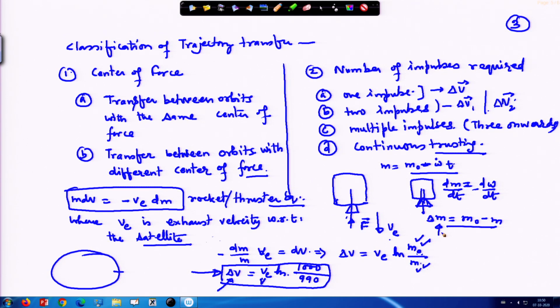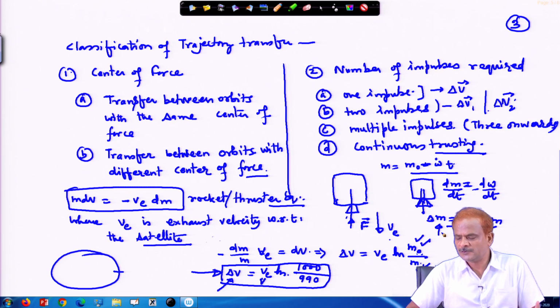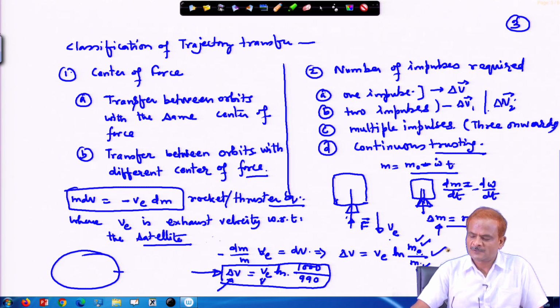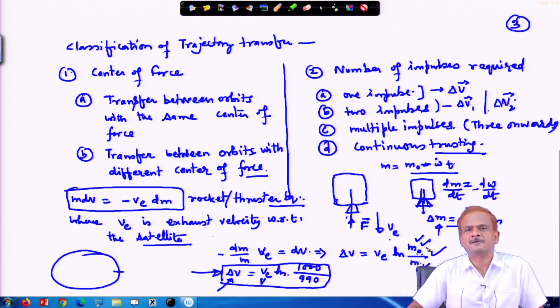Say you are doing periodic maintenance after 1 month. After 1 month, how much propulsive liquid or solid is required for your propulsion system can be computed using this equation. So, for one maneuver this is the requirement. Thereafter, your weight will reduce, the satellite mass will be different, so that will act as your initial mass. If you are doing this maneuver after every 1 month, you will be able to compute how much fuel will be burned. So, this is an iterative process of designing the satellite.